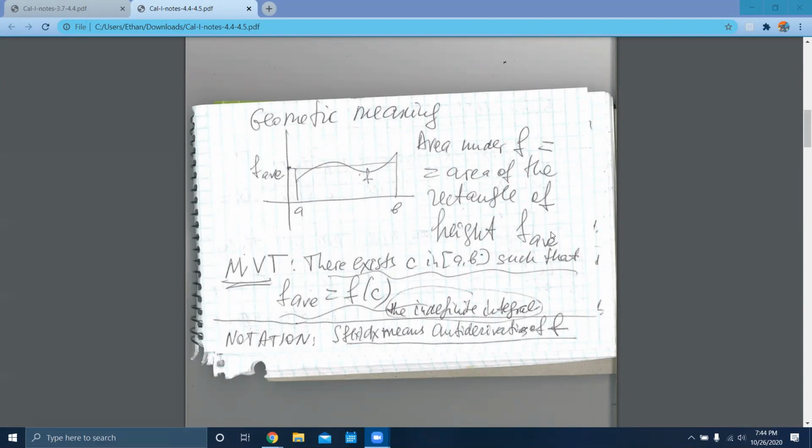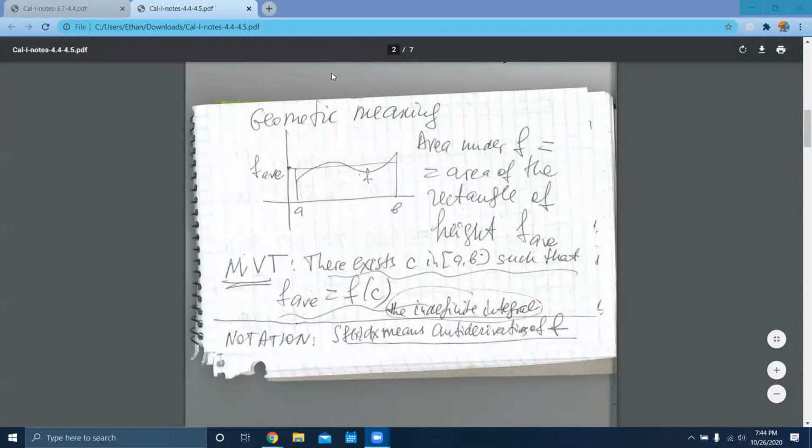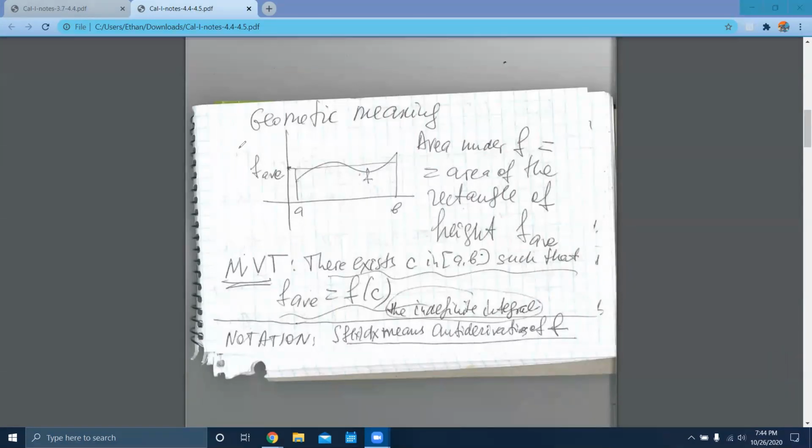All right, so this is an example of the mean value theorem. The area under f is equal to the area of the rectangle of height f average, and there exists a value c in the interval a to b such that the average is equal to f of c. And this is an indefinite integral. Like I said, this will have a plus c attached to it. It is not definite. But the mean value theorem, once again, it states if we have a graph